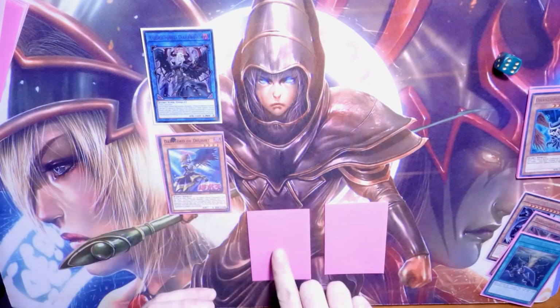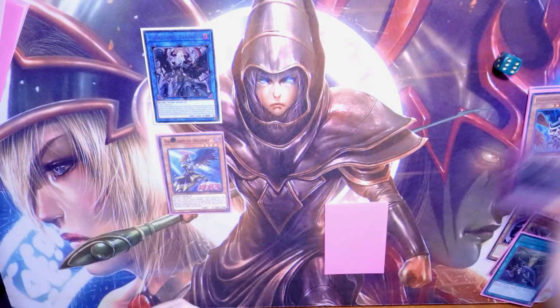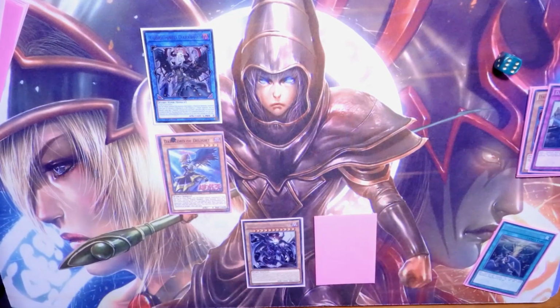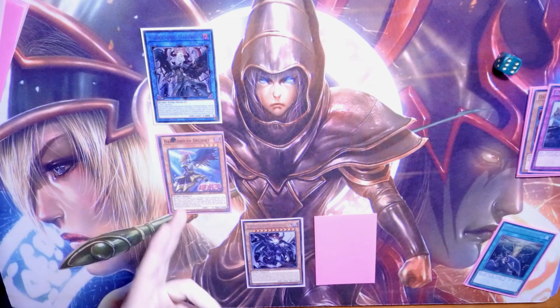You then use Condemned Darklord's effect to discard 1 card and search yourself out a Darklord Morningstar. You then pass to your opponent. Now, when it's in your opponent's turn, the idea is you want to let them build up as big of a board as possible. And then what you're going to do is you're going to trigger Darklord of Delight's effect,